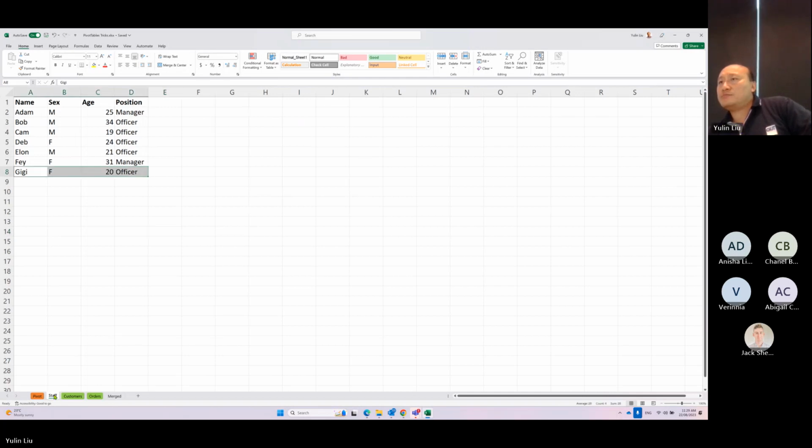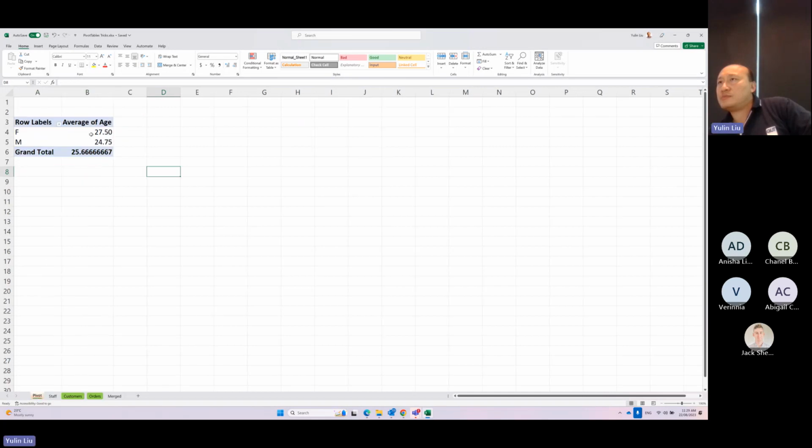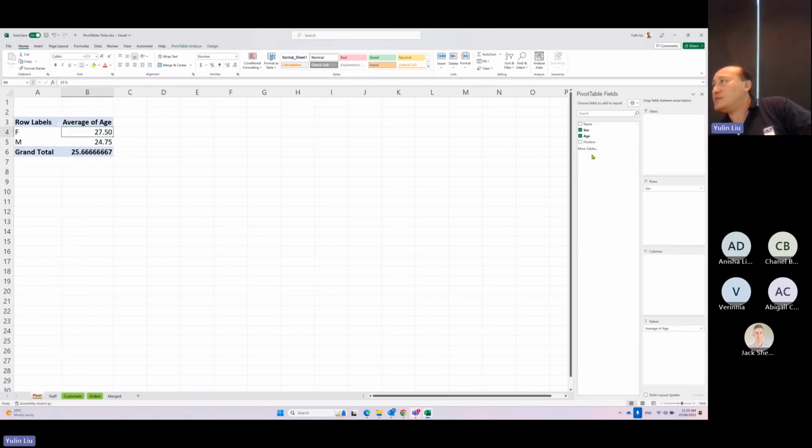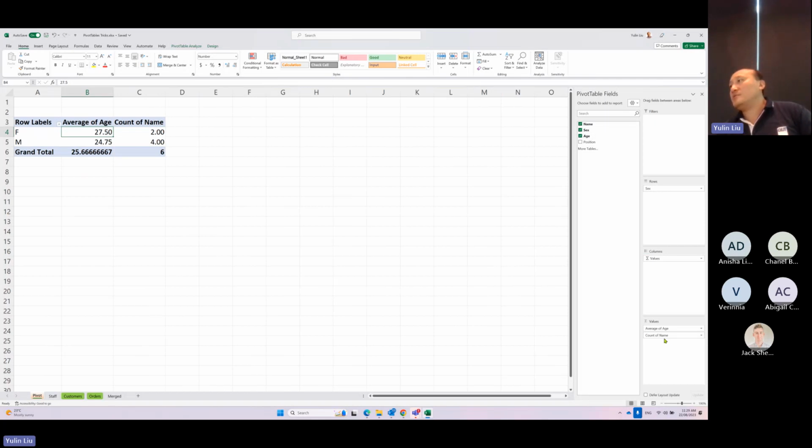We go to our pivot table. Okay, we can add a new column. We can add a new calculation. We can add a name into our values. Because names are not numbers, Excel will calculate the count, the frequency by default. So you can see